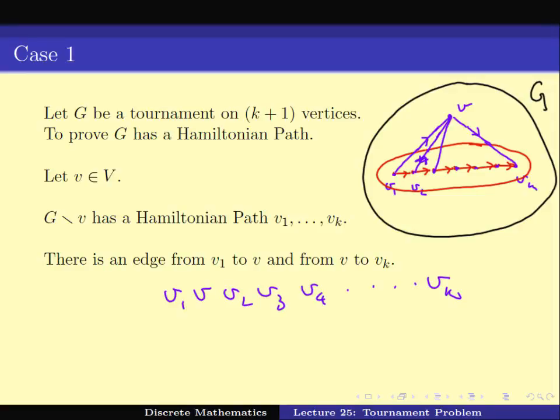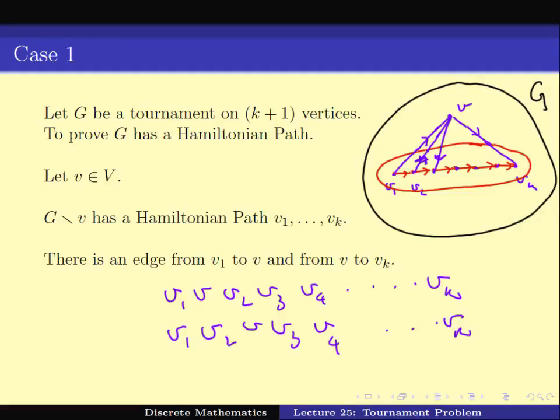In that case, what happens if I have an edge going from V to V3? I would again get a path, which in that case is V1, V2, then V, then V3, then V4 till Vk. But the problem is that even then there is no guarantee that I would have got that.